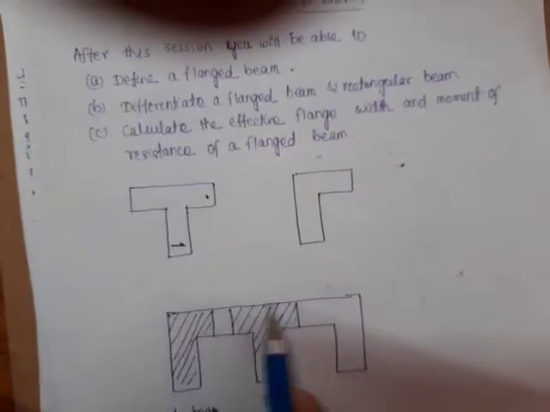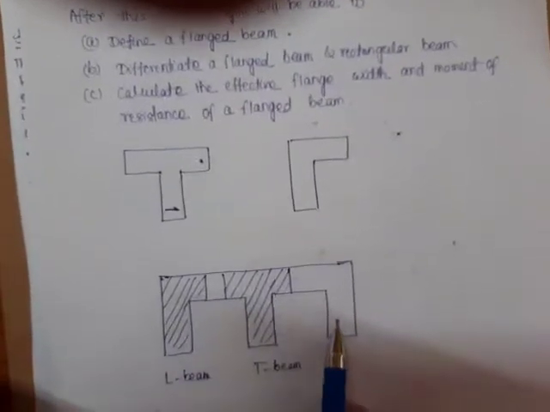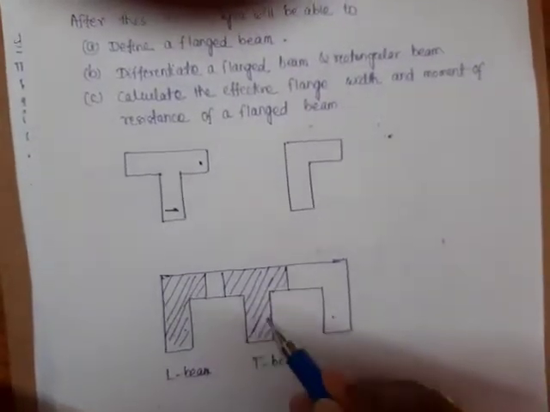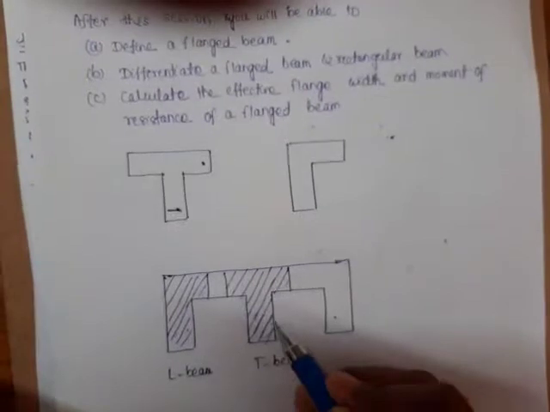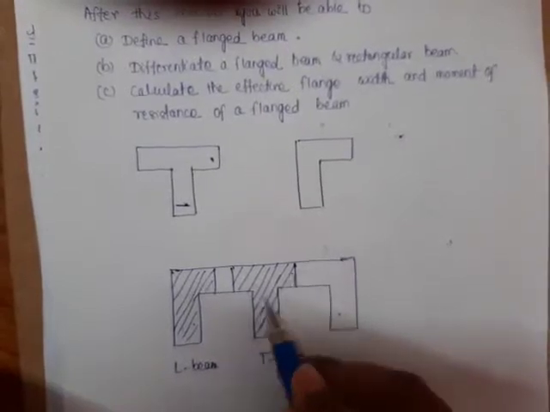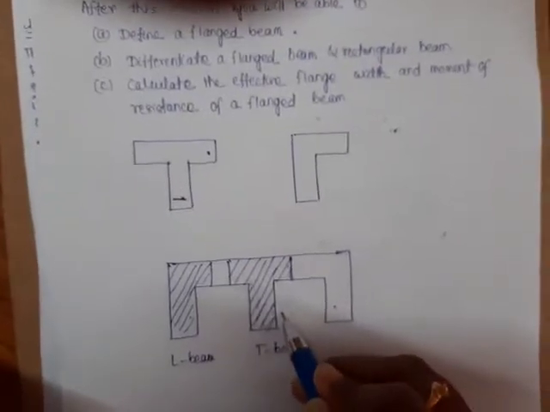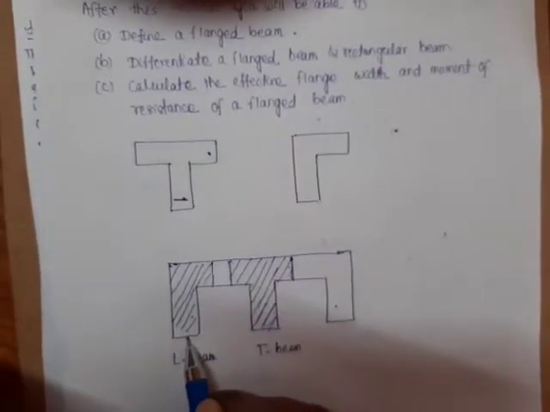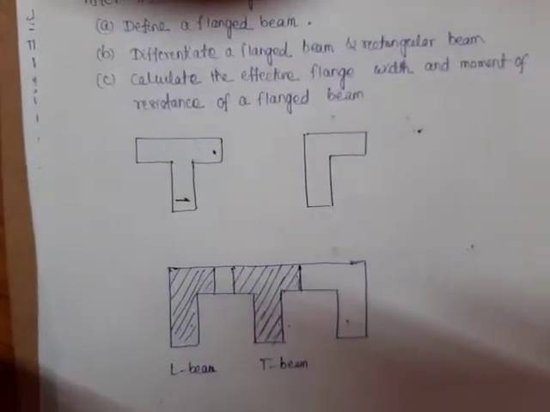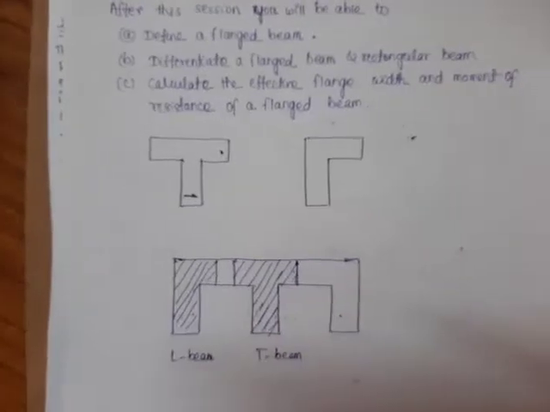So let us see the diagram of a cross section of a continuous slab carrying three beams. Just mark the intermediate beam. This intermediate beam has the slab portion on both sides of it, forming the shape of a T. So this is known as a T beam. And mark the end beam, which has the slab portion only on one side, forming the shape of an L, and this is known as an L beam.